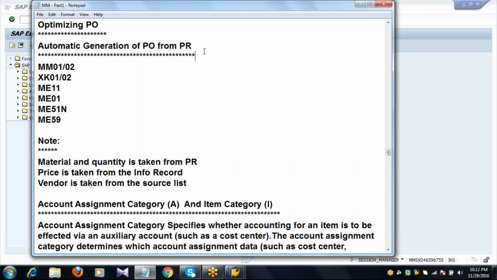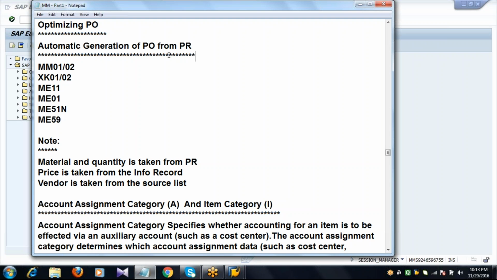Provided that we perform some configuration steps. We need to maintain the indicator automatic purchase order in the material. Then we need to activate the indicator automatic purchase order for the vendor. Then we need to maintain the info record for these two master datas.